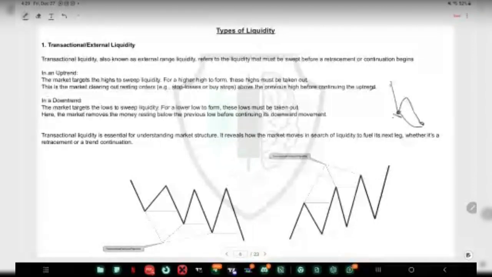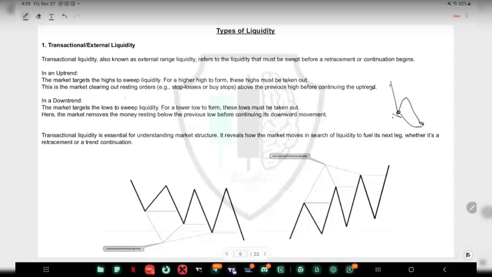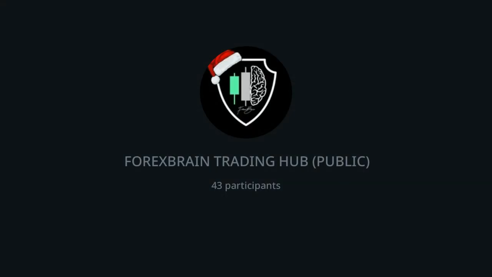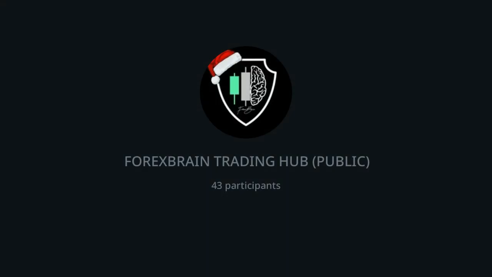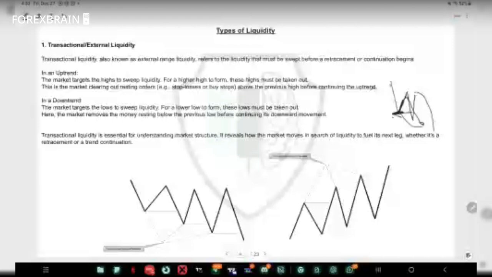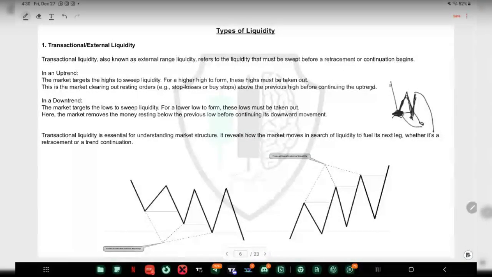This is the market clearing out resting orders, e.g. stop loss or buy. It is still liquidity. All our target liquidity is because we have somebody that is buying here. So when they are buying, price will still come back to clear that liquidity and trigger people that believe that price should continue selling, retrace against them, and it will still go their way. You can see people that are buying here, when price took their stop loss, it still retraced. That is, price still moved in that direction. Those that want to sell, when price took this, retraced against them and still moved in their direction.